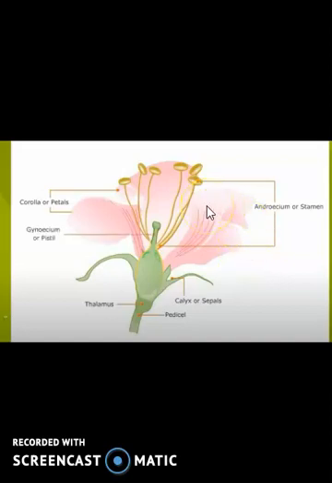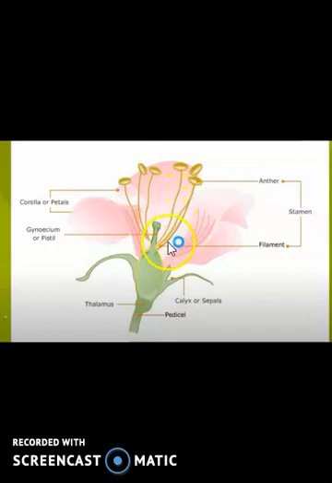Here you can see the part at the middle, consisting of a line and a structure. Together, you can see this three and this three, so a total of six such structures are there. They are called the androecium together, and the individual unit is called the stamen. The collection of stamens, six in this flower, is called the androecium.